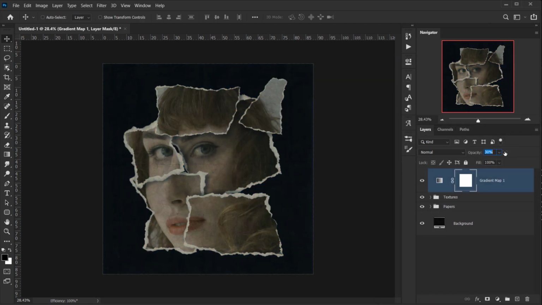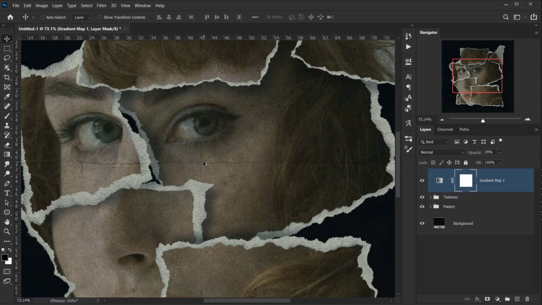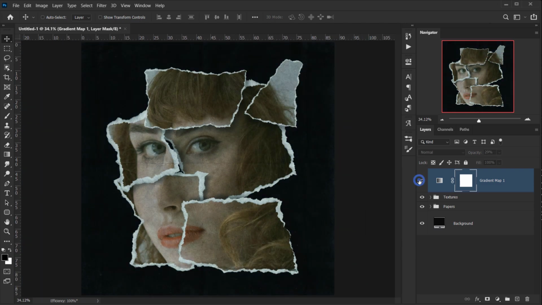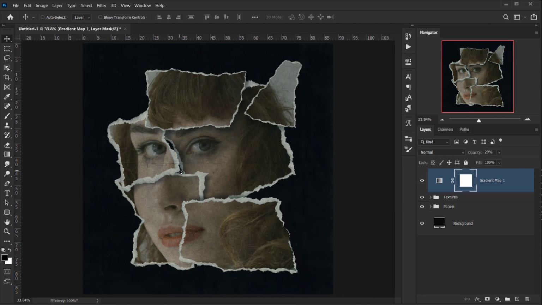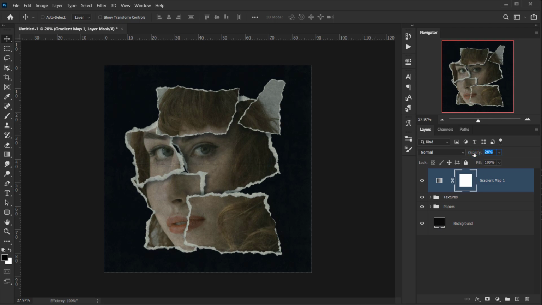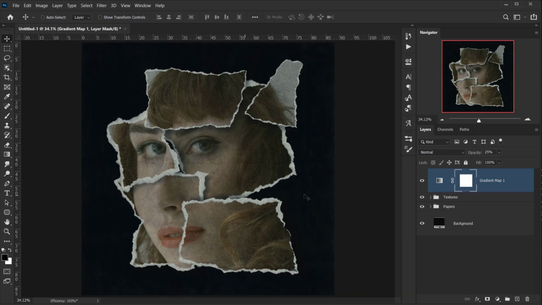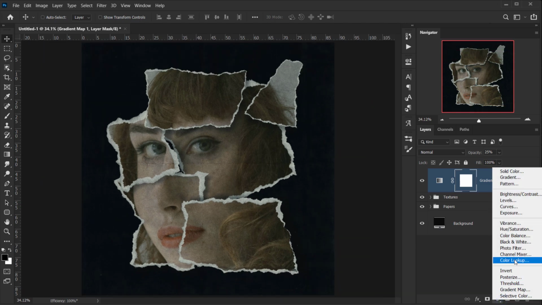And then I will put down the opacity quite a bit to like 30% to give it that really vintage look. It looks really cool. Maybe a little bit more down to 25%. Alright, next I will apply a color lookup.